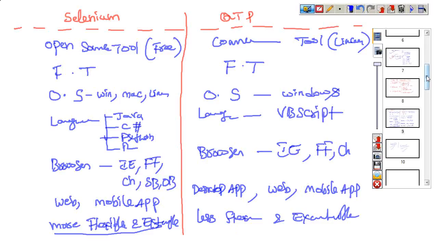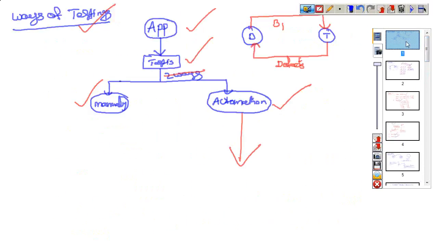So what we are discussing today is up to the ways of testing. One application, if you want to test, we have 2 ways. One is manually, we can test first of all, and only then can we recommend automation. Don't think we need to go directly for automation. It's no way like that. One point to remember: automation testing is not a replacement for manual testing. It is just a continuation of manual testing only.